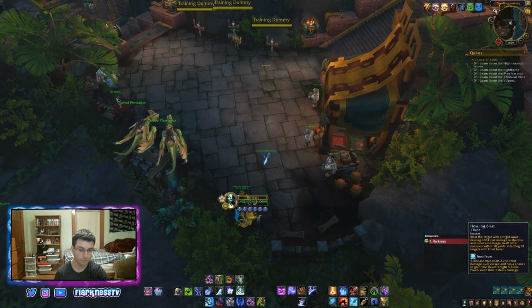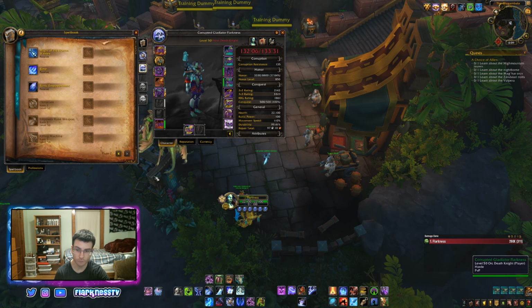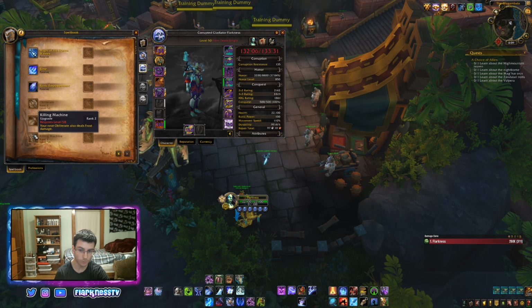Like before, Frost Fever was your Mastery, and Remorseless Winter was your Mastery. And those things didn't scale with Haste very well, or at all in the case of Frost Fever. But Obliterate doing Frost damage does scale with Haste, because the more Haste, the more Obliterates. The more haste, the more Obliterate procs. That means you're getting more of these Killing Machines, and you're doing more of them because you have faster globals